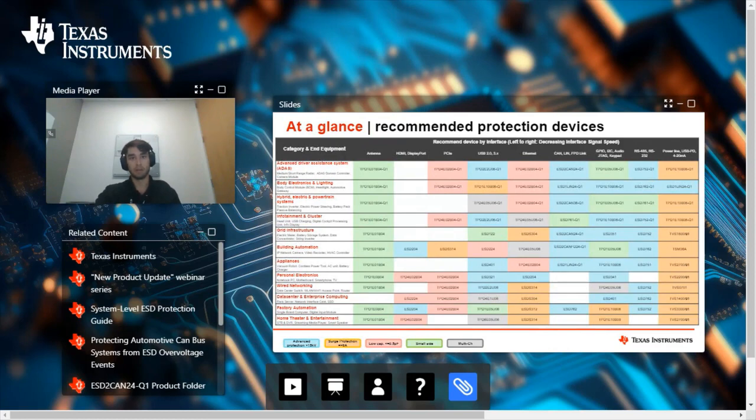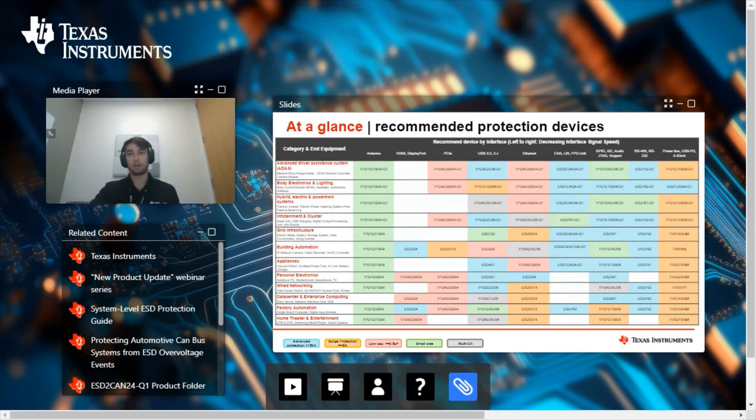And so here you can get a glance of our full portfolio, automotive offerings and commercial offerings. And we have key features here, such as small size, multi-channel, ultra low capacitance. And we're going to have key features here for pretty much all our voltage nodes from 3.6 or 5.5 volt all the way to 36 volts. And we are looking at expanding.